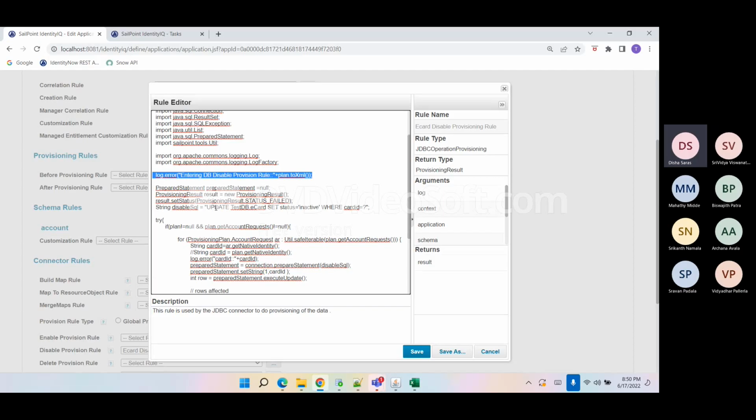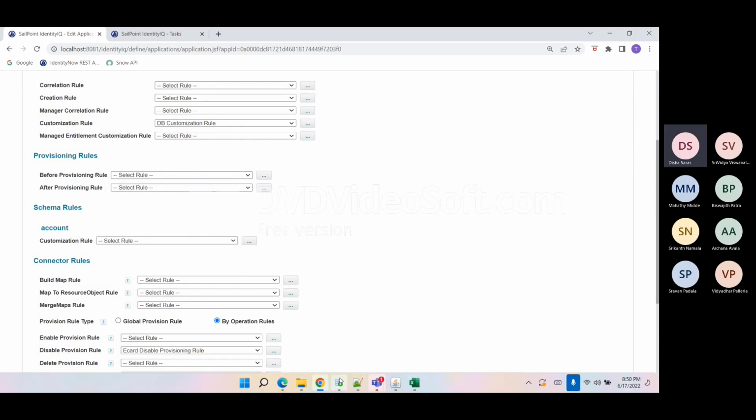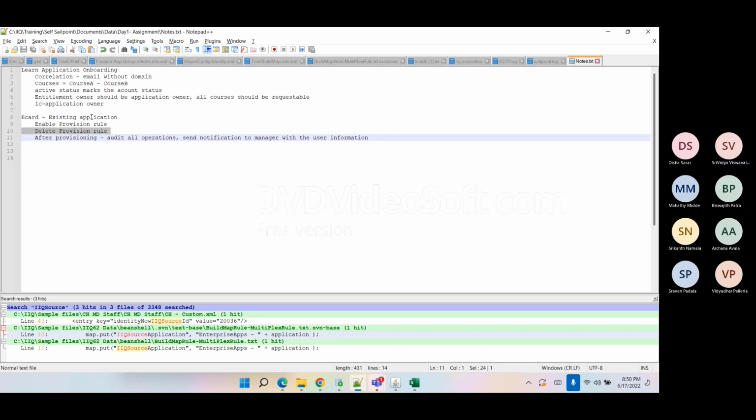What are you supposed to do on delete? It should go ahead and delete the row of data for a given cardholder ID. So accordingly, we want you to write a delete logic. Okay. Enable rule, delete rule, and in the after provisioning rule, we want you to do an audit based on